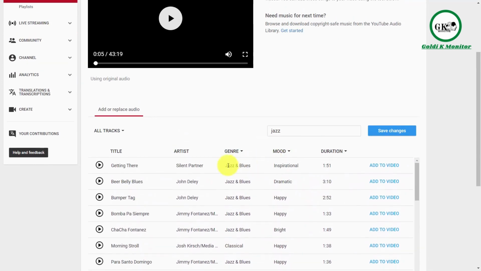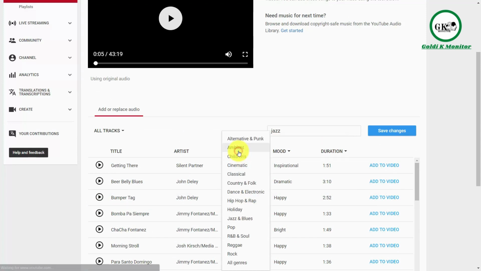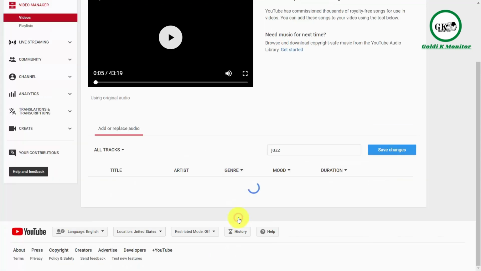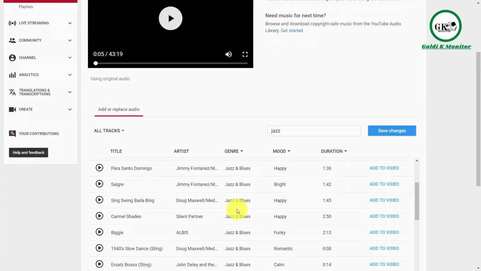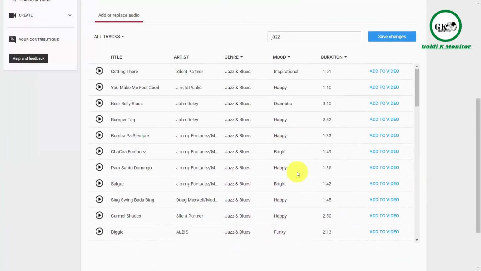And you can listen to the track by clicking any of the links. You can determine which ones you actually want. You can also sort by the genre that you want. You can do that here. And then once you find the background music that you'd like to place inside of your video, you can then